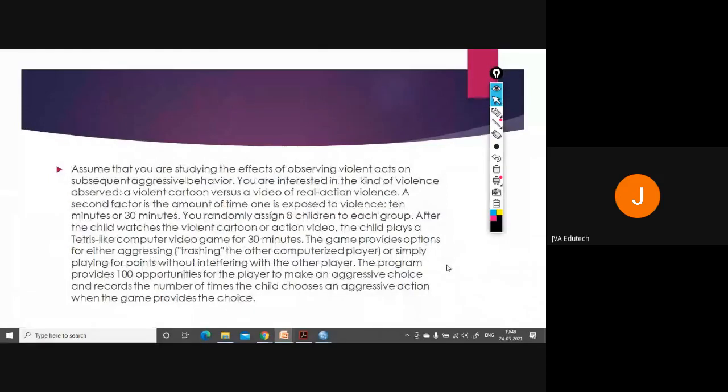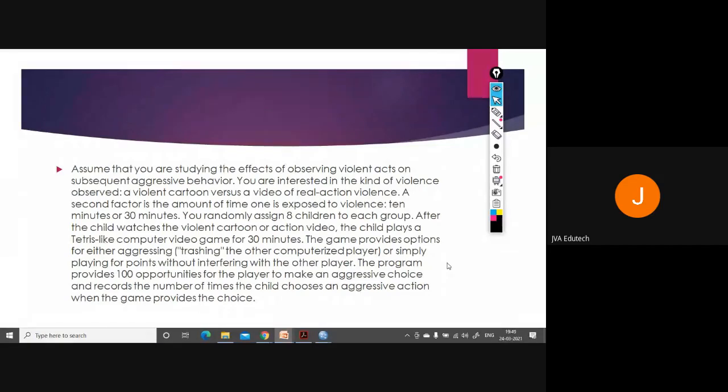Now let's see the problem. Assume that you are studying the effects of observing violent acts on subsequent aggressive behavior of children, and you are interested in the kind of violence observed, a violent cartoon versus a video of real action violence. And the second factor is the amount.